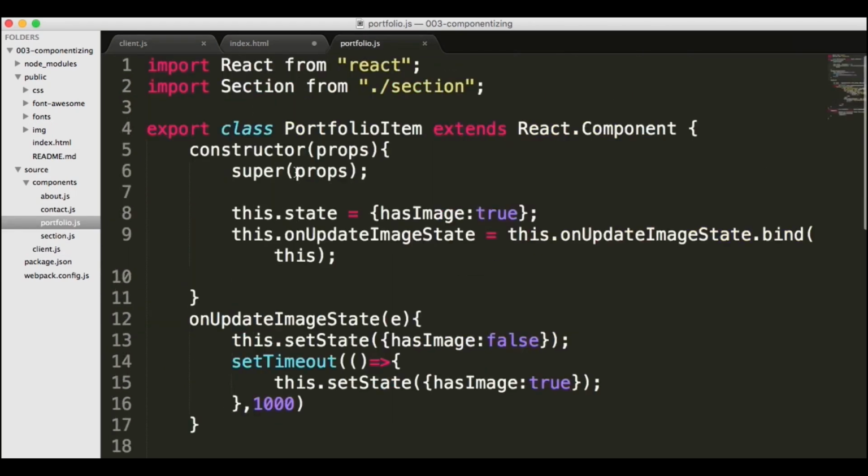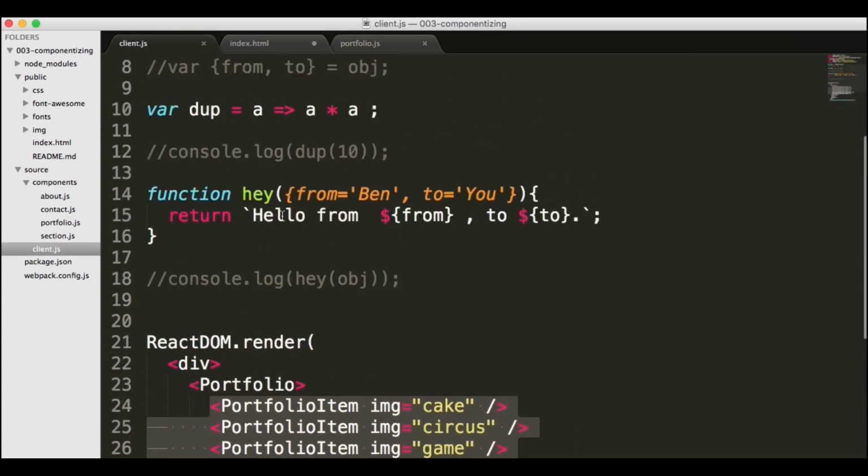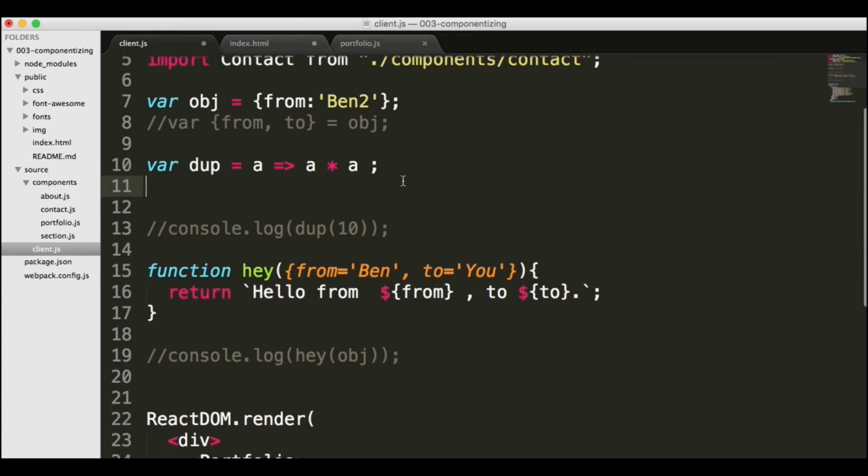So one way we could do that is literally just going to that portfolio item and not making it exposed, and instead of that, sending in the information as data, which is exactly what we'll do. So let's go ahead and create a new variable name, and I'm going to call this our portfolio model. That's because it's going to be our model data, which is a term that comes from MVC, which we'll talk about briefly shortly. Really, generally speaking, everything we're working with in our components of React are the view in